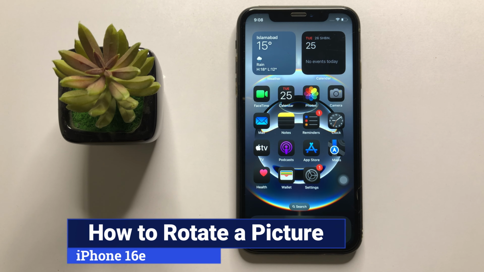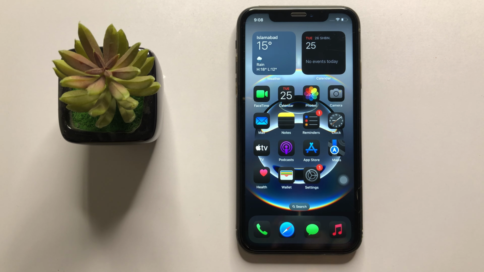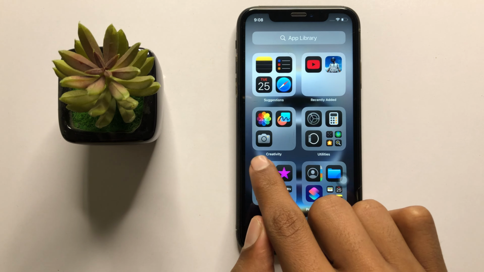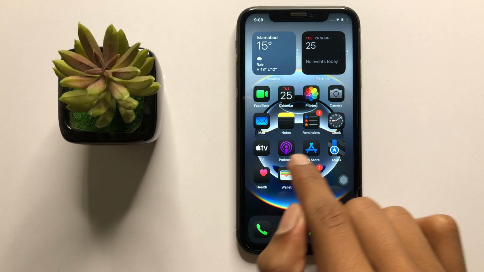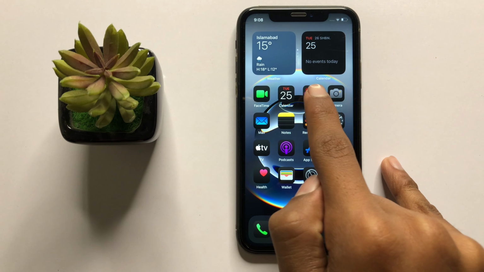How to rotate a picture in iPhone 16e. So let's start the video. First of all, open Photos library,